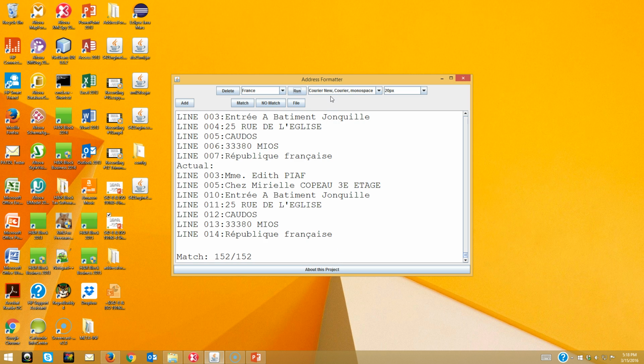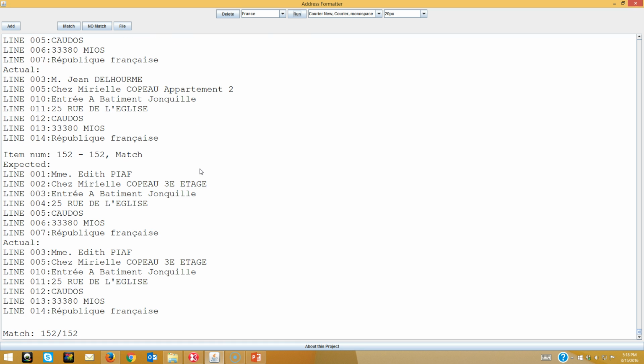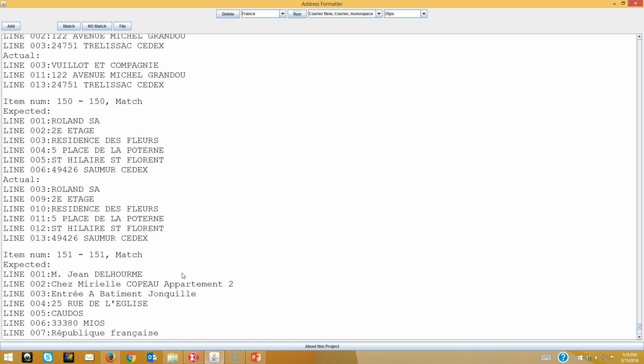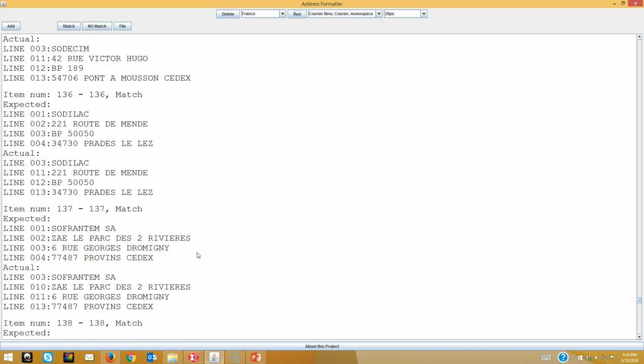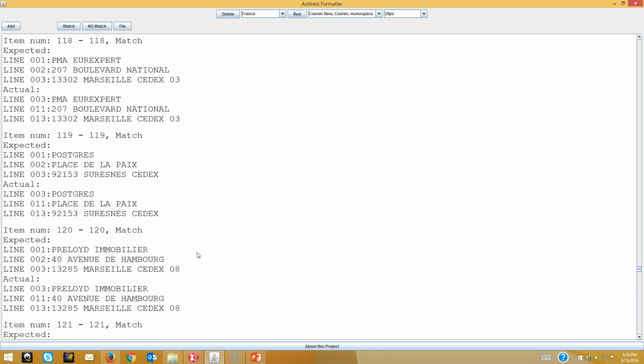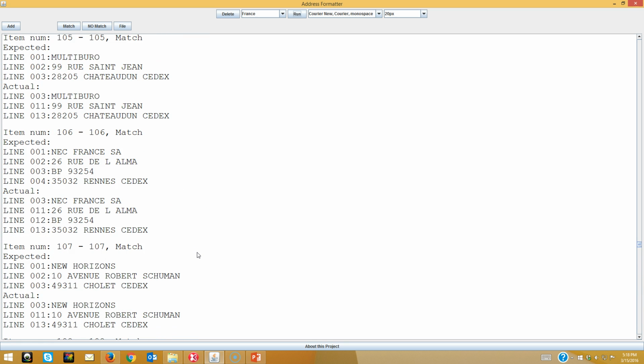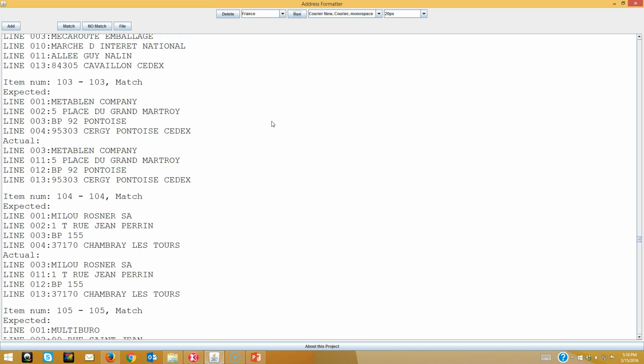So this is the address formatter program. Right now we have France up here to run, and I'll enlarge this, and you can see that we matched 152 of 152 addresses, and you can also look through the addresses and see that they all match individually. Another example would be Iran. So we'll run that,